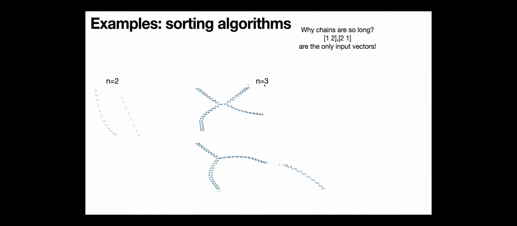For n equal to 3, which is the length of the vector, now I have more states that will produce a non-zero entropy production. For instance, we have this one and this one, this one and this